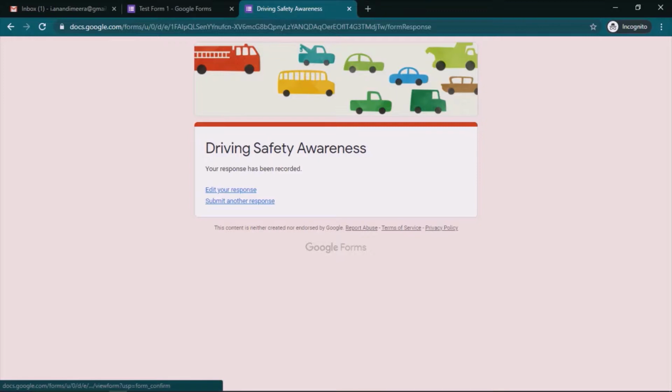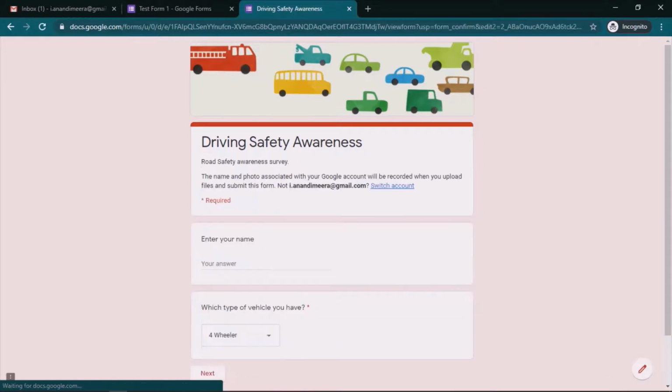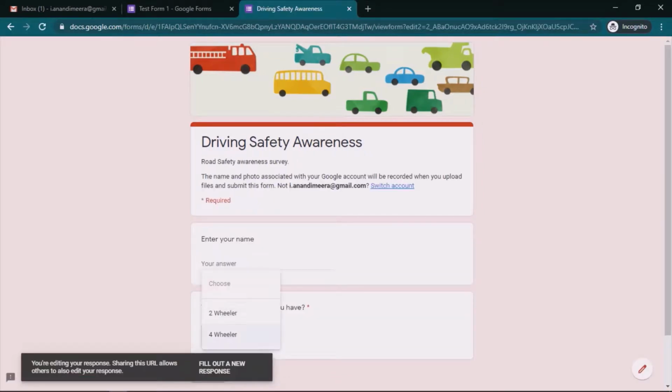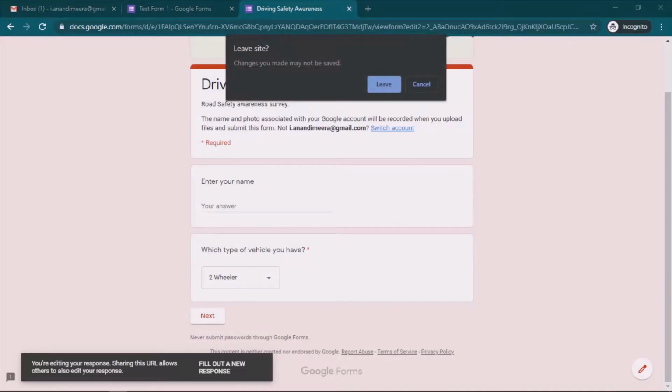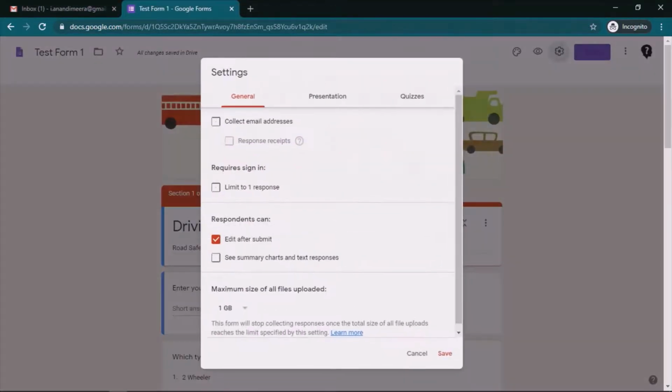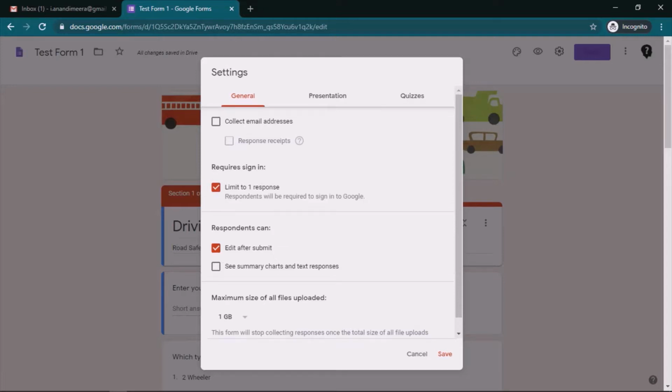Now see here, I can submit another response because that option is enabled for me, or I can edit my own responses. If I click on that, the same form will open again and I can choose whatever I want to edit in it. In many cases you do not want a user to resubmit or give you multiple responses, so you can click on limit to one response.